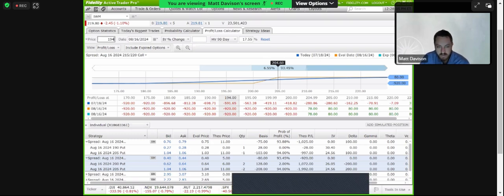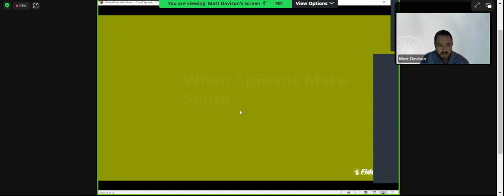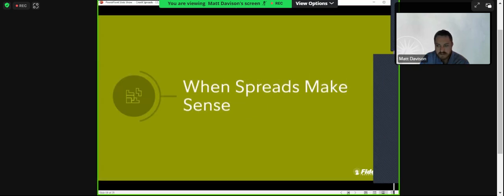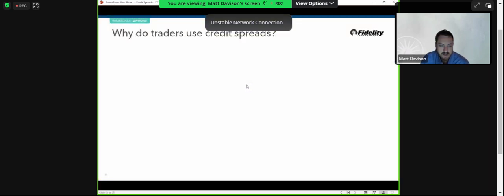And what I will do is take us through some of, now that we've covered the mechanics pretty well and the strike end of it, let's go through and talk about when do spreads make sense? Why are we doing a spread versus something else? So